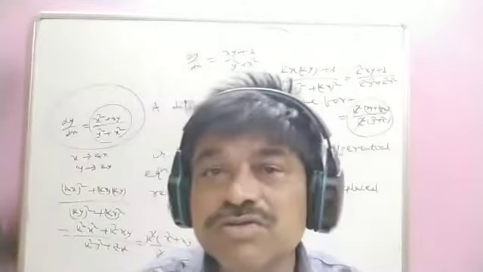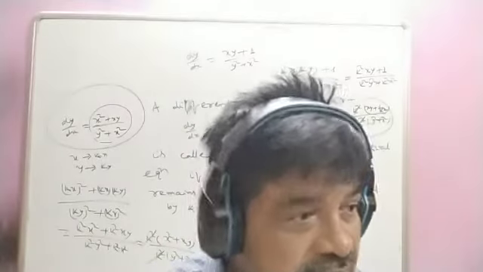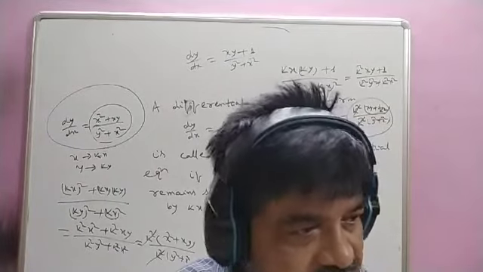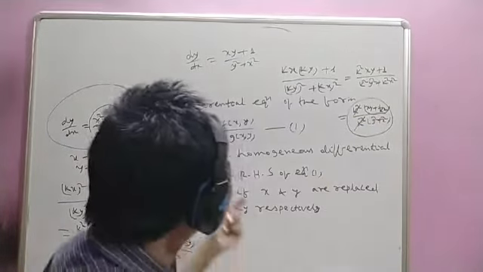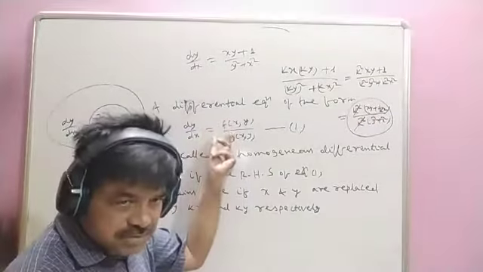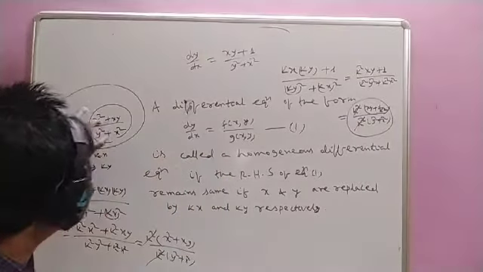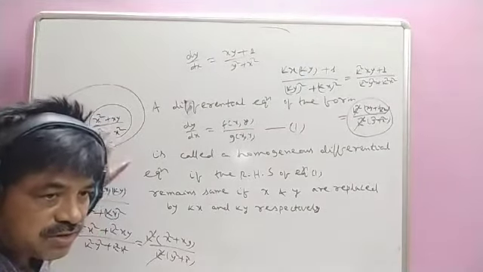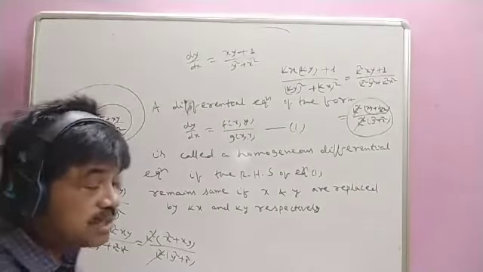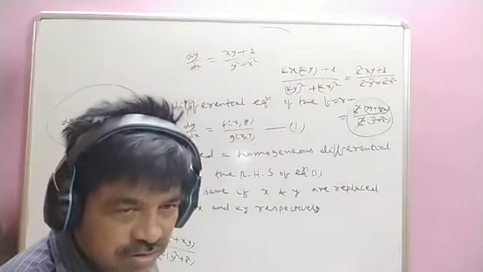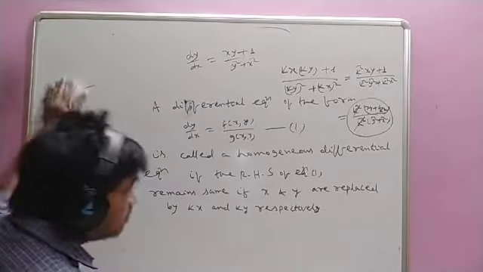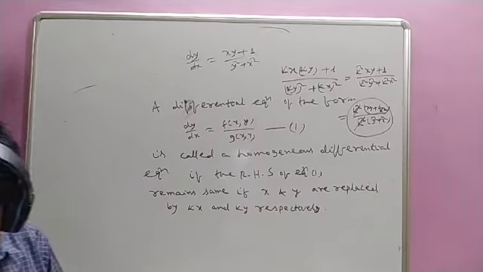So what will do? You replace x by kx of the right hand side and y by ky. Okay? So if the right hand side remains same, right hand side means it is of this form, dy by dx is equal to something by something, some function of x and y. If it remains same, then that is a homogeneous differential equation. From that you will conclude. So this is one definition, and another definition I will tell you later.